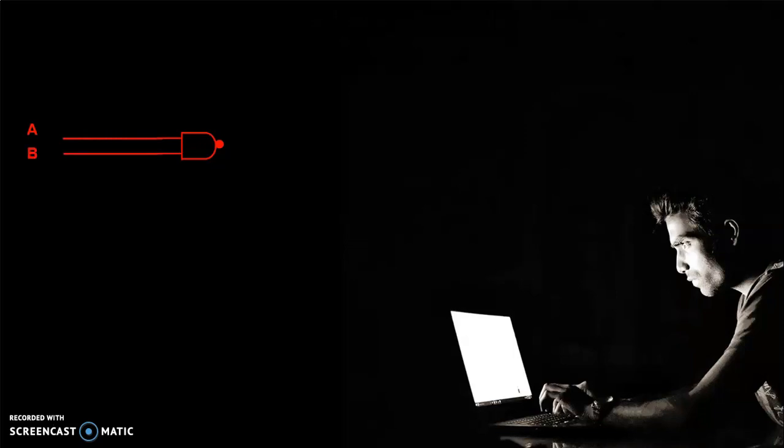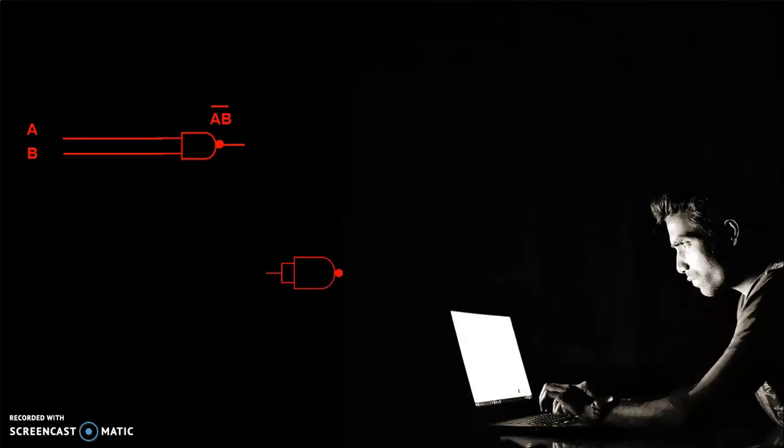We give A and B input to the first NAND gate. So the output of the first NAND gate is A dot B bar. In case of carry, we know that the output we require is A dot B. Here we have the output of the first NAND gate, A dot B bar. So if we invert this output, then we can have the carry.